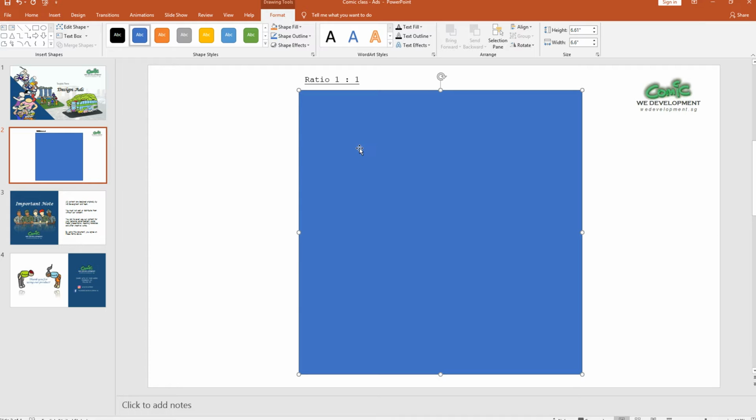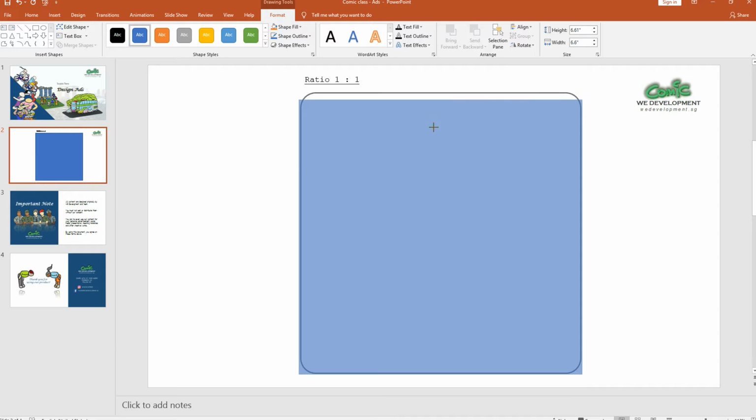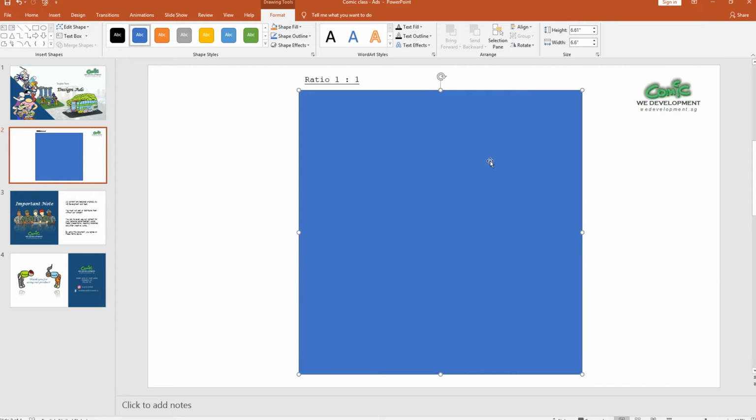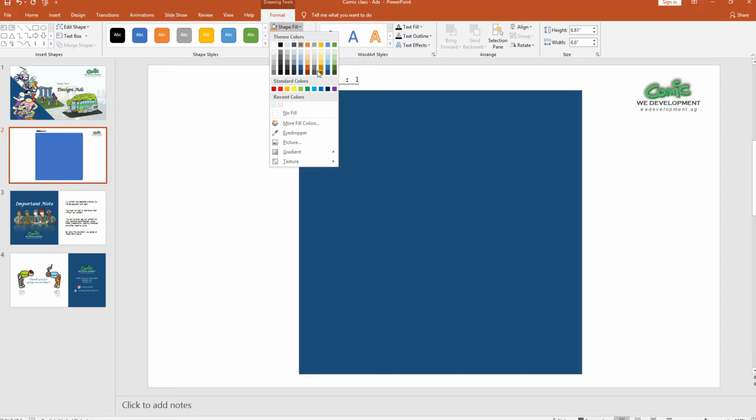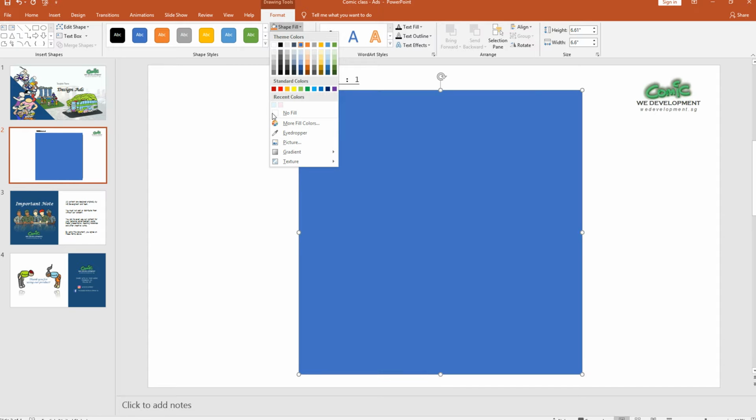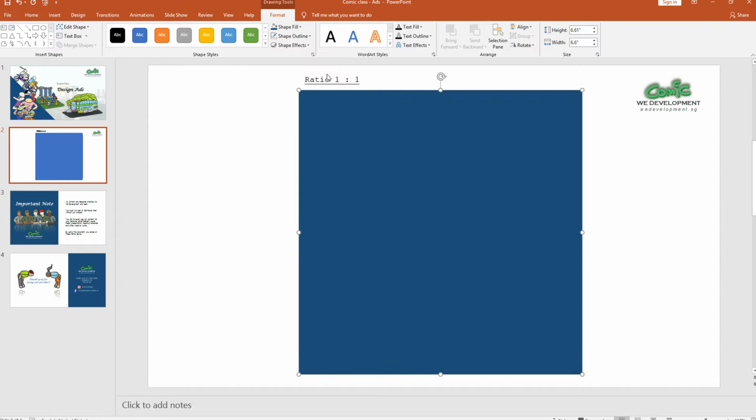So I'm now creating a background. As you can see, I'm trying to fit the box inside over here, just to make it still within a 1:1 ratio. Then I would remove this outline and change this background to something like, let me see, yeah, I think it's this color. So why I choose this color is because it resonates with the brand of my company,